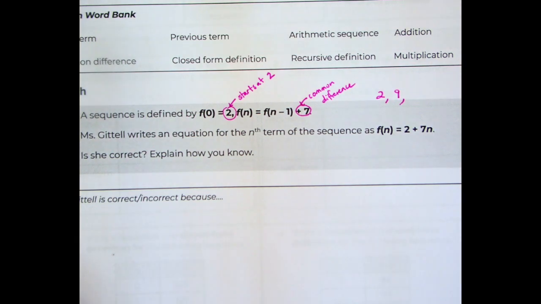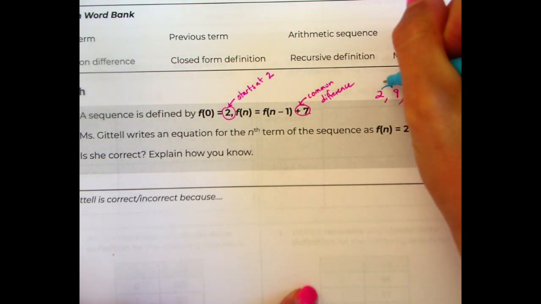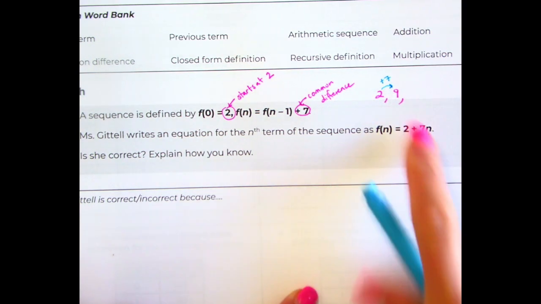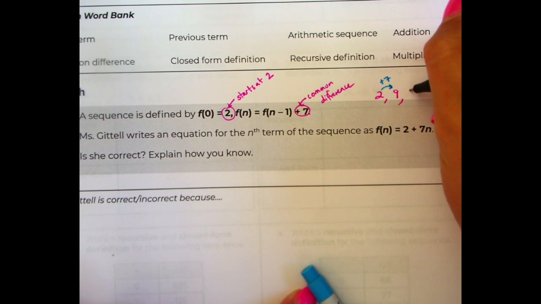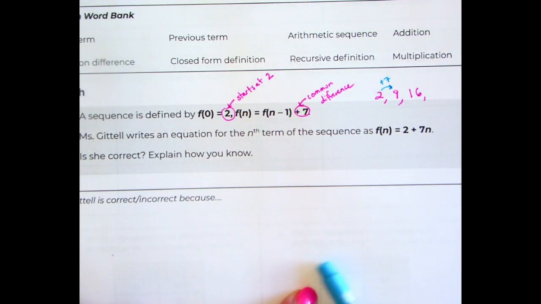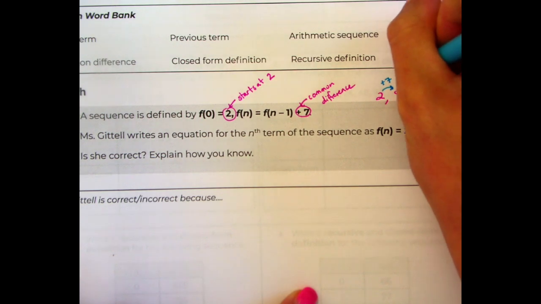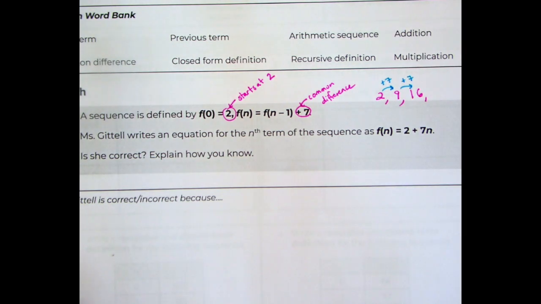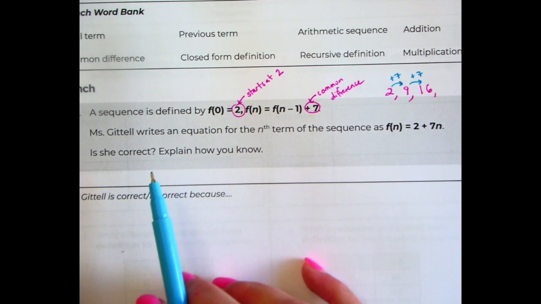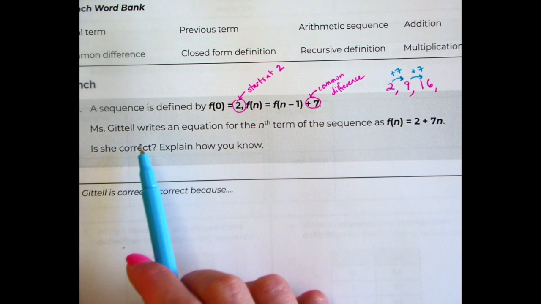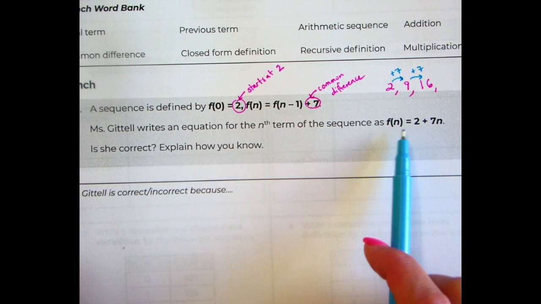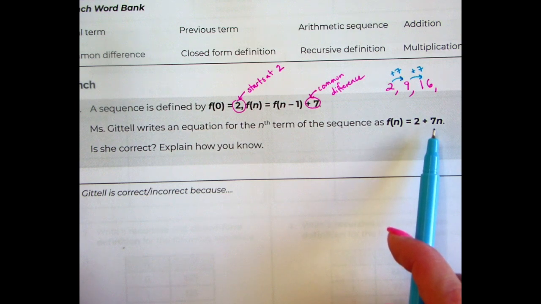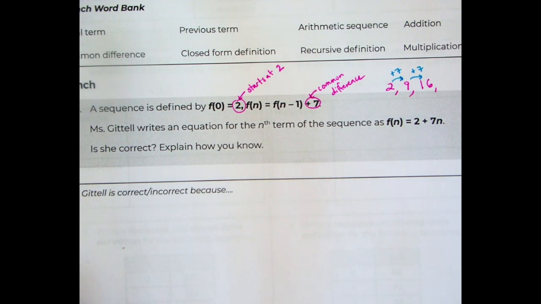So to continue reading, it says Ms. Gattell writes an equation for the nth term of the sequence as f of n equals 2 plus 7n. Is she correct? Explain how you know. Okay, so the first thing I notice is that I have a 2 and I have a 7, and I notice that those match up with the 2 and the 7 that I annotated from the recursive definition. That doesn't mean that I'm right. It doesn't mean that the 2 and the 7 are in the right place,